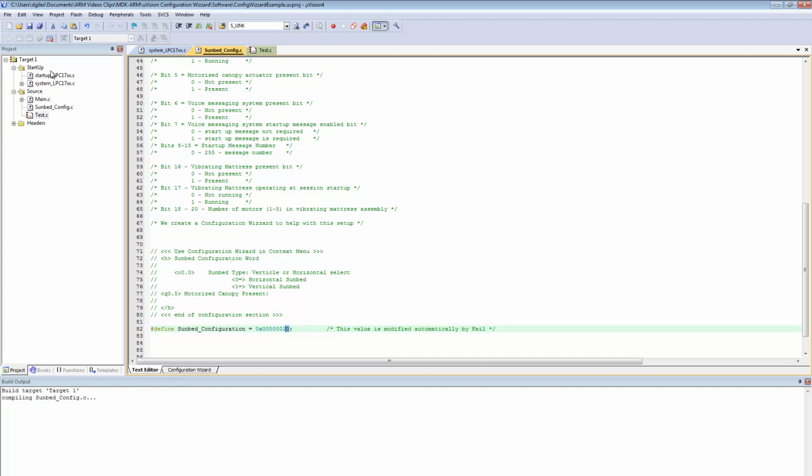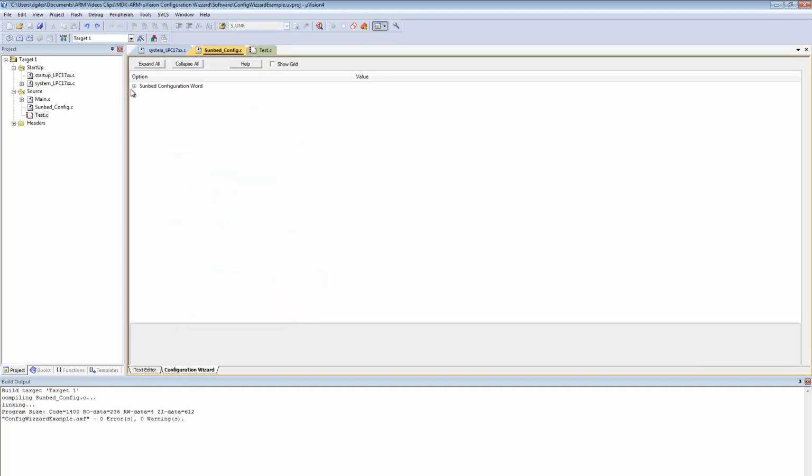So again, I click on the build, just make sure everything's okay, and then come into the configuration wizard, then I click on the plus icon and the menu option opens. So now we have sunbed type: vertical or horizontal select, which was the text string which I entered immediately after the less than and greater than identifier, and here we have the two options which are present for us,